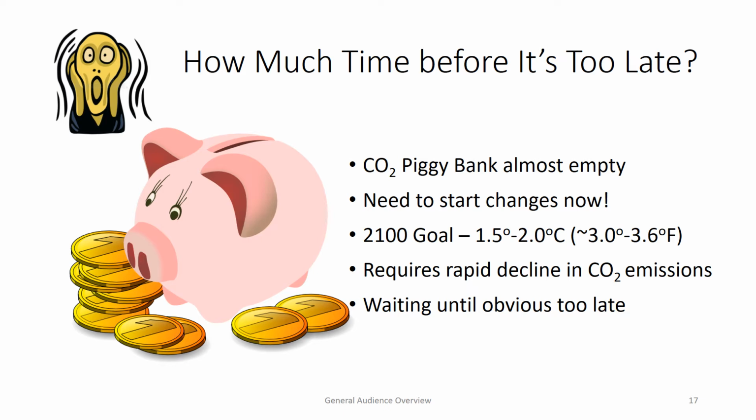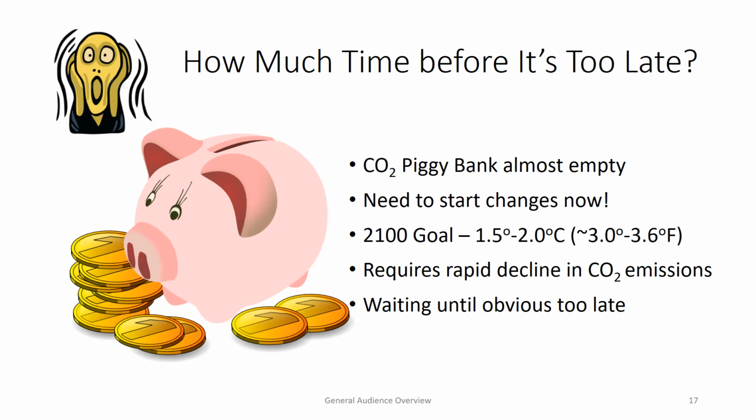So the amount of time left in the CO2 piggy bank, as you were, is: the bank's almost empty. We need to start making changes now. And what that means is we have a rapid decline in CO2 emissions. The problem with this situation is once you realize you've got a problem, it's too late. People have been talking about this for a long time. But if you say, gee, everybody seems to recognize that the Earth's too warm, it's way too late to change